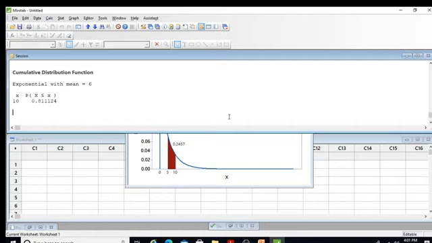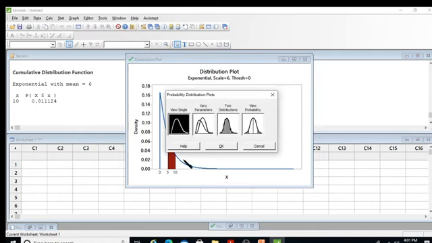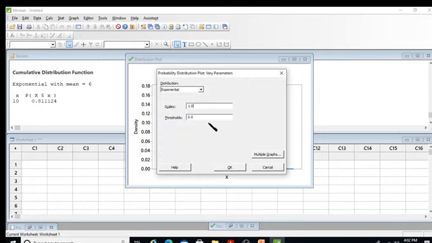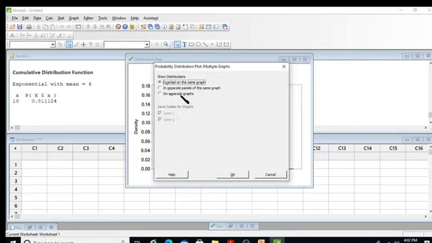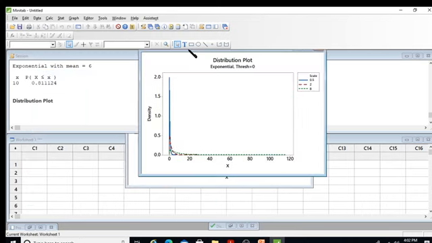So this is how one can compare different probabilities, let's say by varying the parameters. Let's say I select the exponential distribution, and my threshold is 0, and I enter 0.5, 2 and 8. Let's say 3 different values of the parameter, and I want them overlaid on the same graph. Okay, so once I overlay them on the same graph, you can see